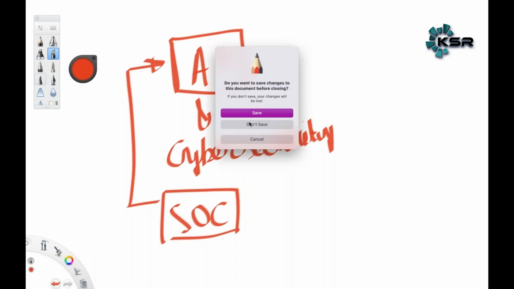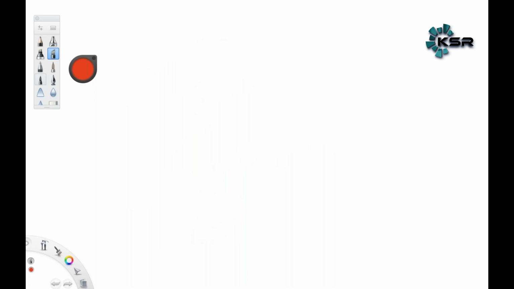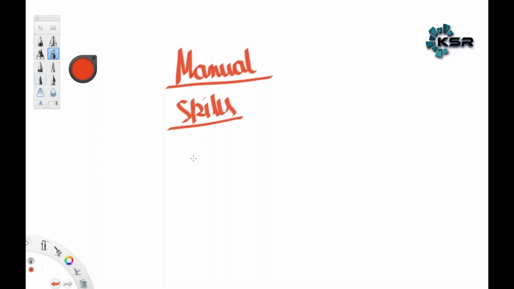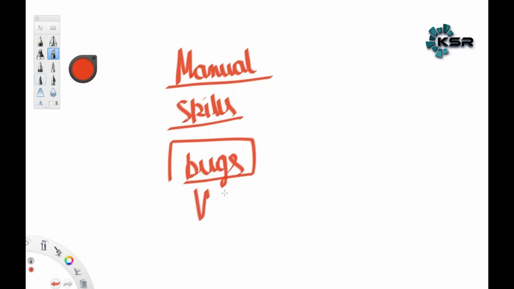Yeah. So I have one more doubt, sir. For penetration testing, what coding skills are required, like for web application testing? For web application testing, you need manual skills. If you talk about web app testing, you can use manual skills. Whenever you find bugs, not all the bugs relate to programming languages.